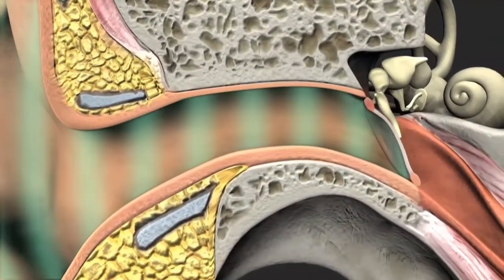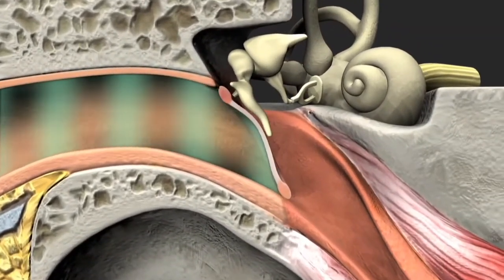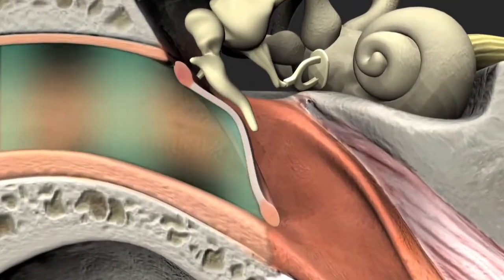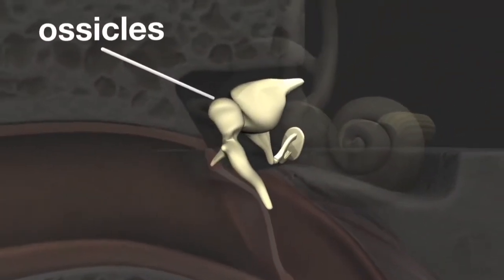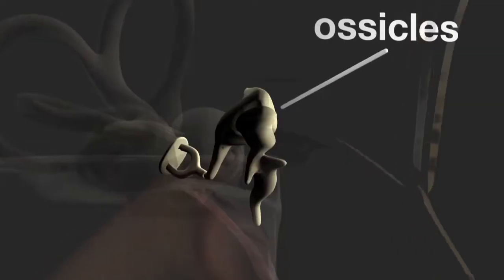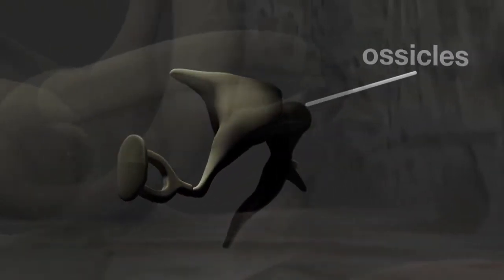Sound waves enter the ear canal and strike the tympanic membrane, setting it in motion. The louder the sound, the more the membrane moves. The middle ear also contains three small bones, known as the ossicles. These are connected in a chain across the middle ear, from the tympanic membrane to the entrance of the cochlea,